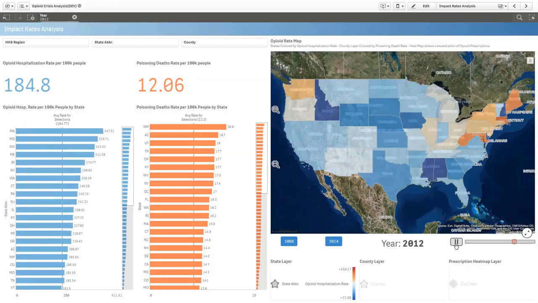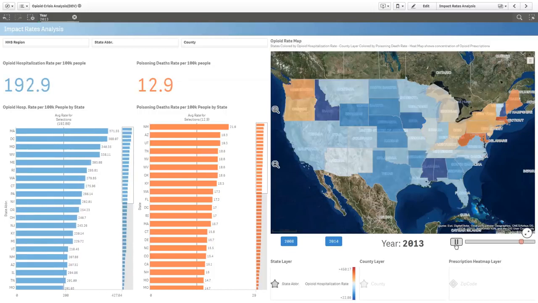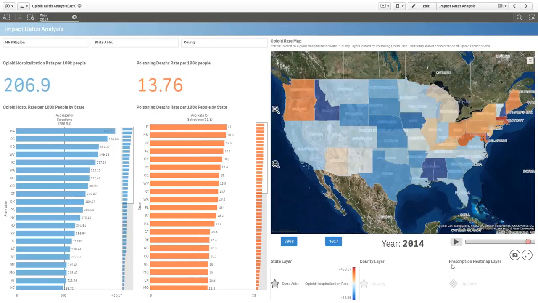By the time we get to 2014, the Northeast is going to be mostly red and orange, which to me says that this is the area we need to focus on as far as how things have gotten pretty bad. So my first thought is, well, I wonder what impact opioid prescriptions have had on these